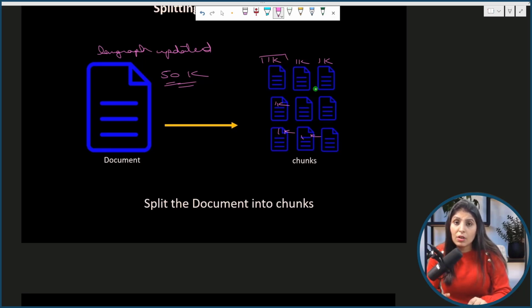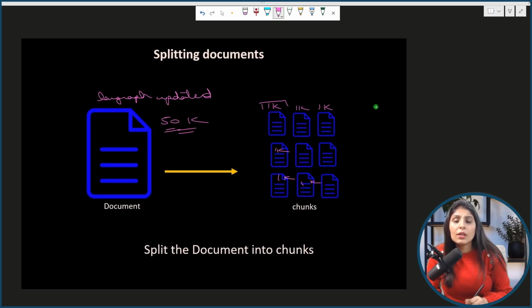And even if the model context window is small, your model can easily accept 1K characters. And we can give the LLM only the chunk that is related to the user query. Let's say the user asks a question and the answer to that question is over here. We can provide only this chunk to our LLM, and then our LLM will reply fast because this is just 1,000 characters, right? That is why we divide the big document into smaller chunks.